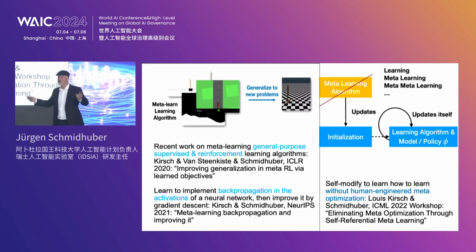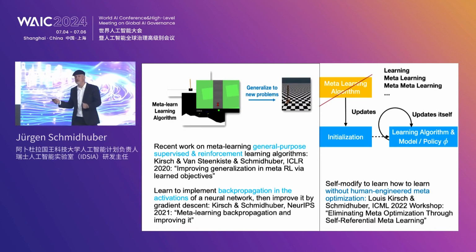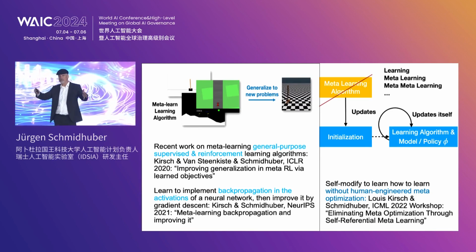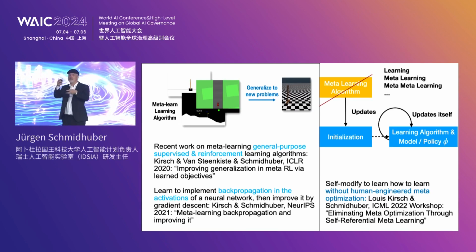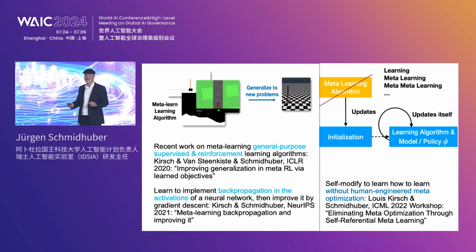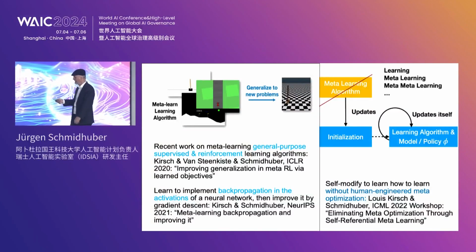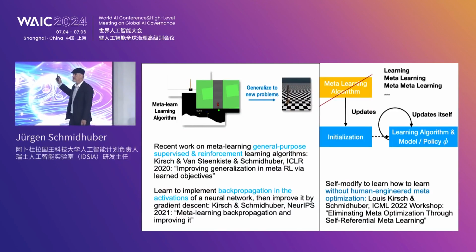Okay, so we have all this recent new stuff on meta-learning, where backpropagation, for example, is running on the network itself, but then through gradient descent, you propagate through this backpropagation algorithm, and it improves. It becomes a better learning algorithm. So we have examples for supervised learning and reinforcement learning. I think that's going to be the future.